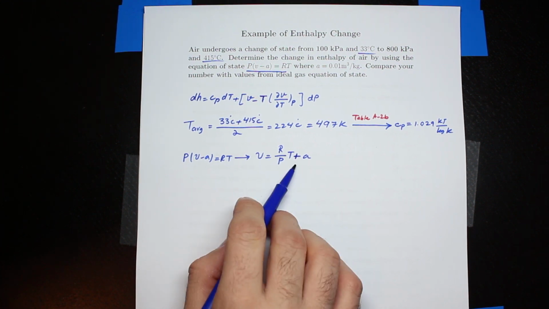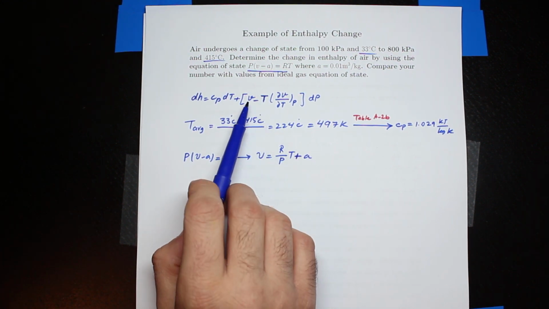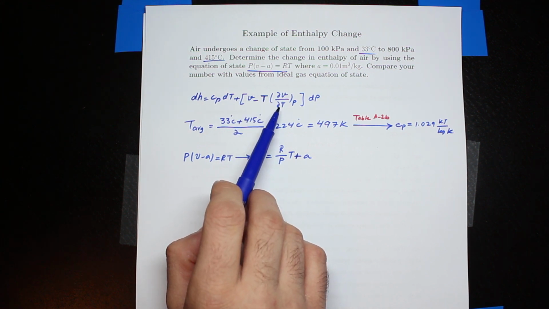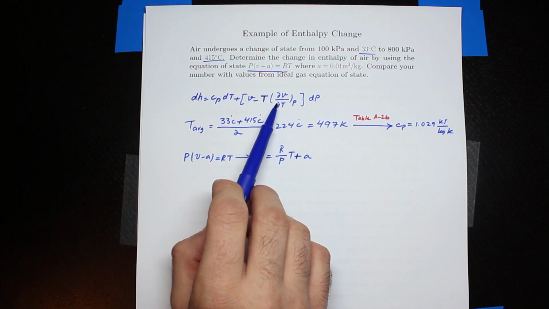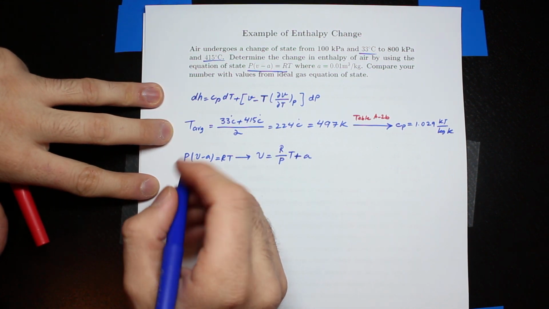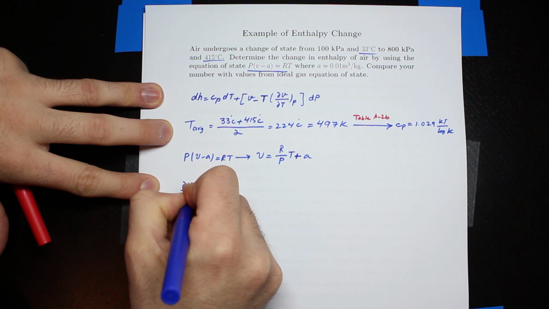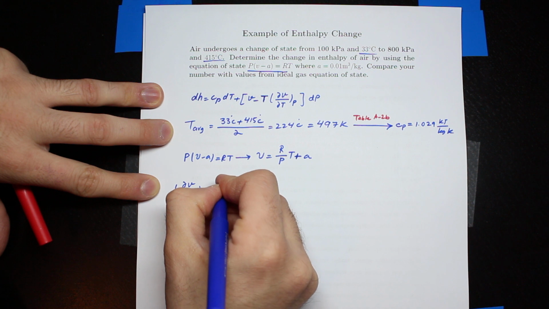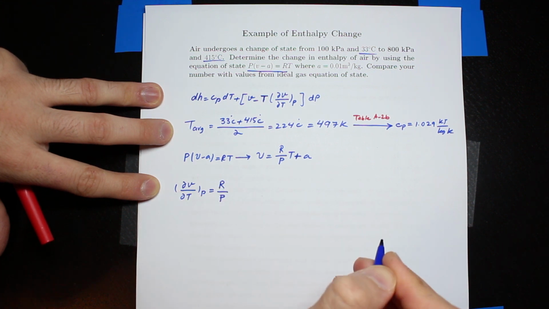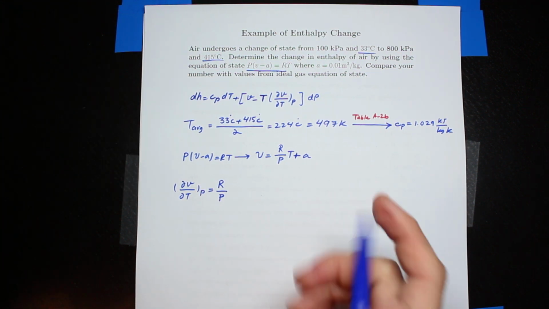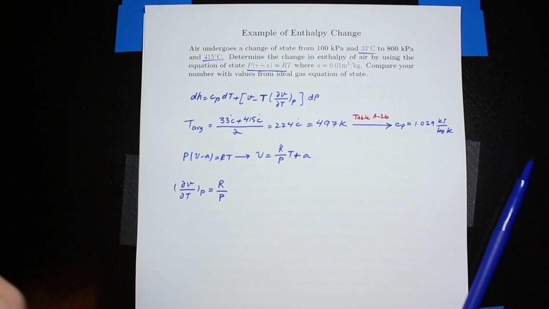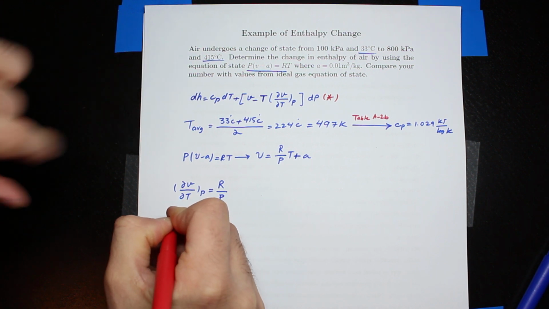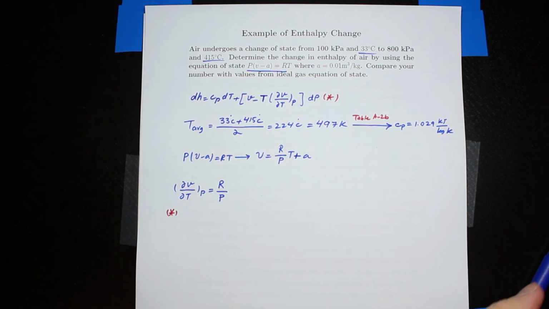Okay, the reason I solved that for volume is because here in the bracket I have volume and then partial V, partial T. So right now I can easily calculate partial V, partial T for constant pressure, right? Partial V, partial T for constant pressure is going to be R over P. So I can get into this equation, the main equation. So let me call this one 1 star. So if I go to 1 star, I can just plug in the numbers,